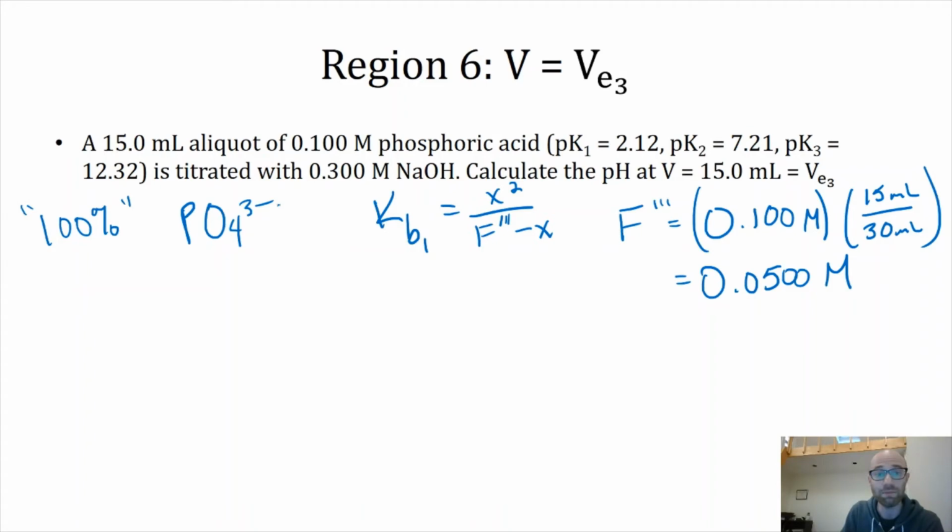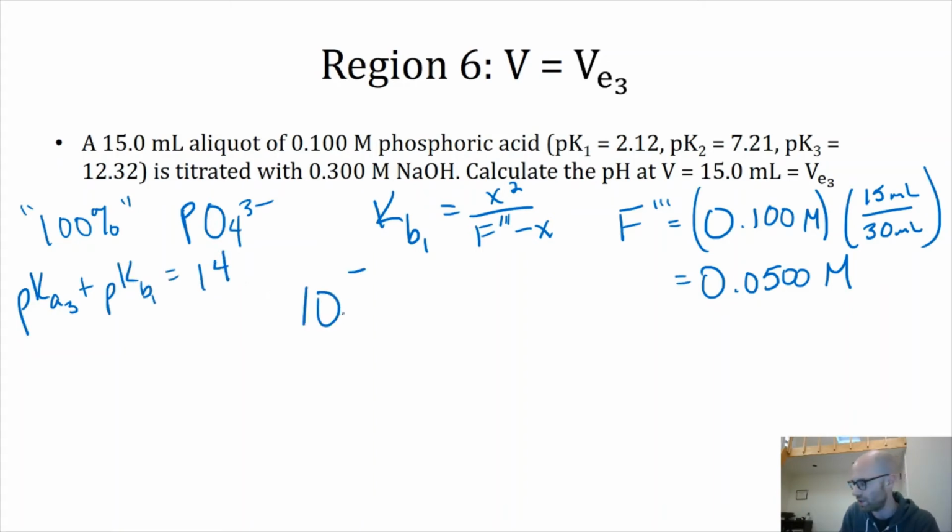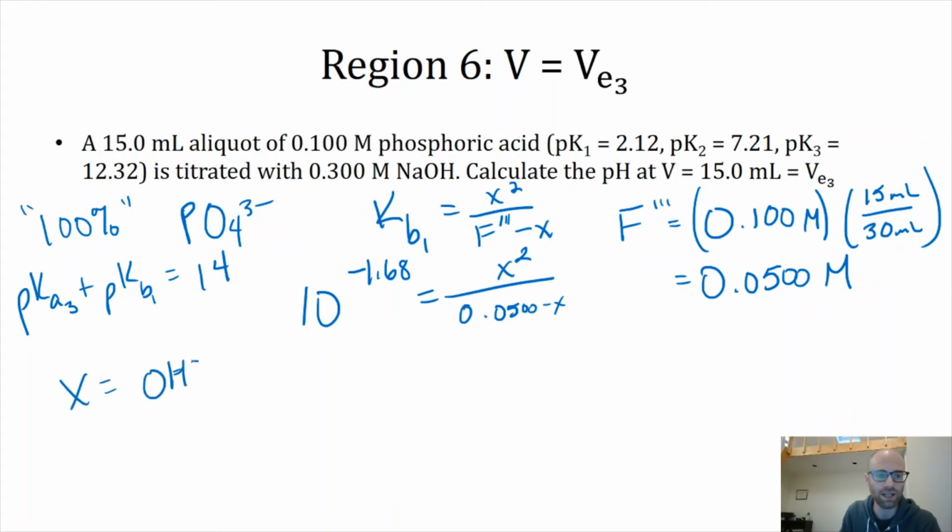So KB1, don't forget that pKa3 plus pKb1 equals 14. So for the KB1, we're going to say 10 to the negative 1.68. Wow, that's relatively basic. That's pretty strong. And going through all of this, x is going to be equal to our hydroxide ion concentration, which is in fact equal to 0.0235 molar,